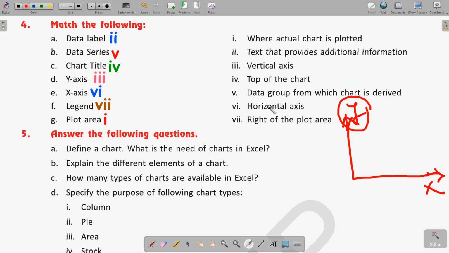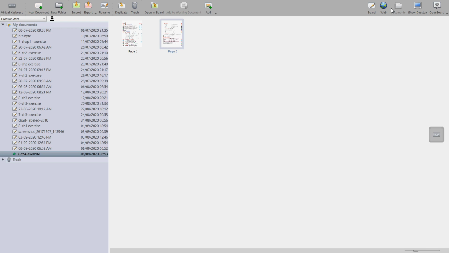Clear? Now F, legends. So what are legends? Legends are present on the right side of the plot area. Clear? Let me show you an example of the legend. Let us first erase this. So here we are. Let me show you an example of the legend also, then you will see. In the previous class I think I have shown you an example of the legend.